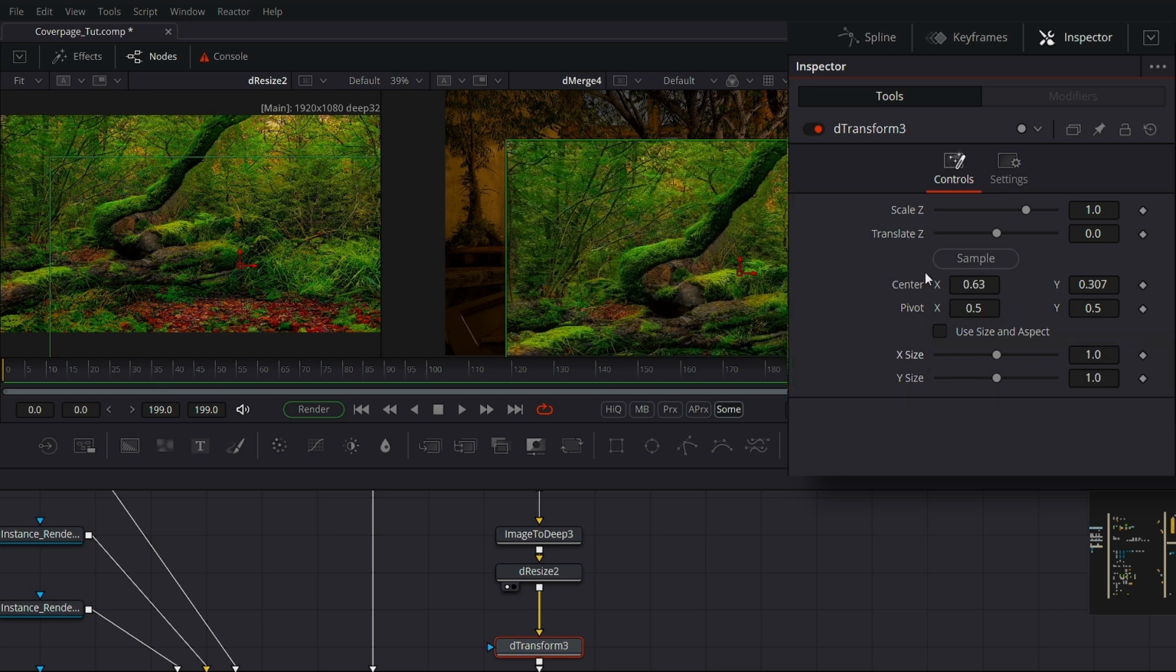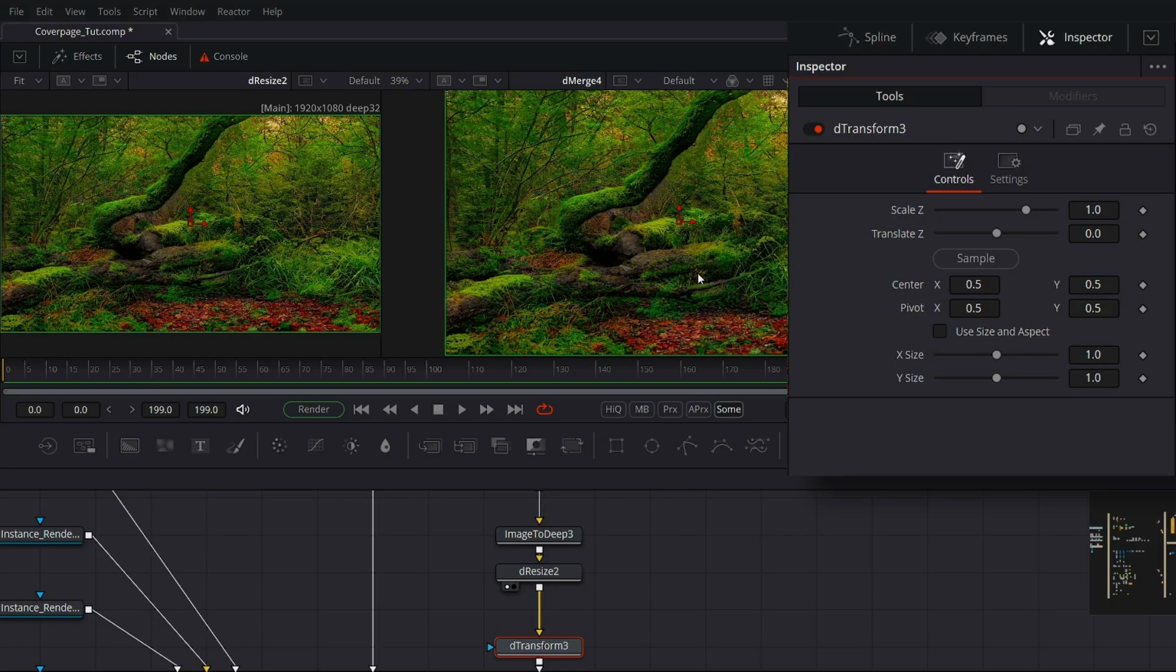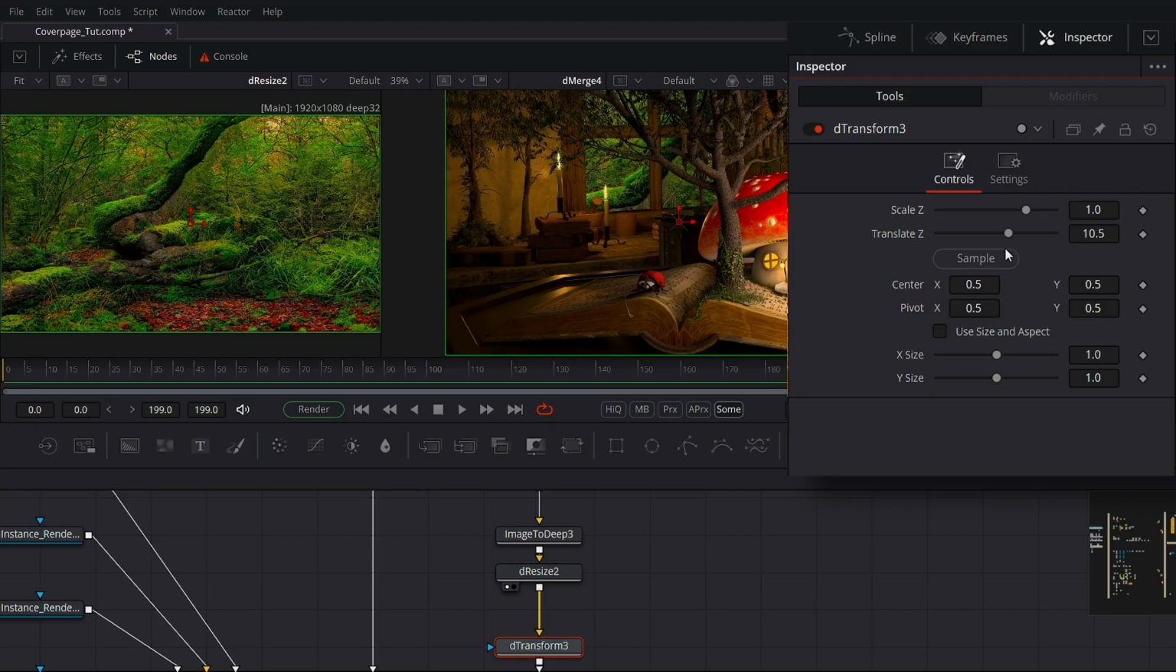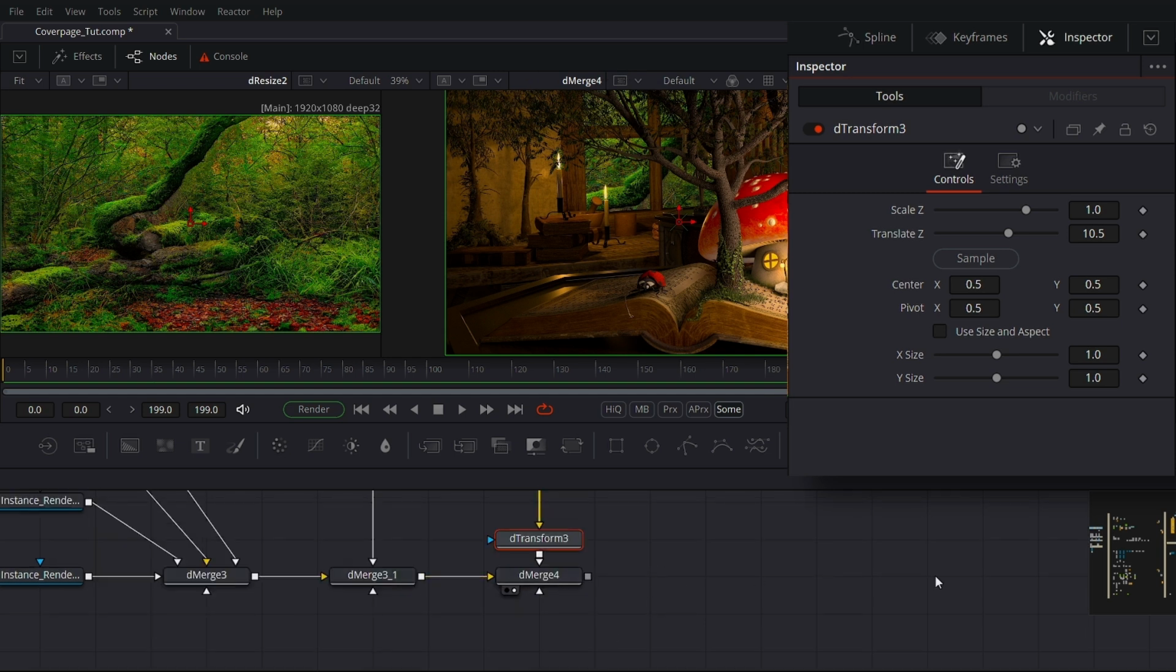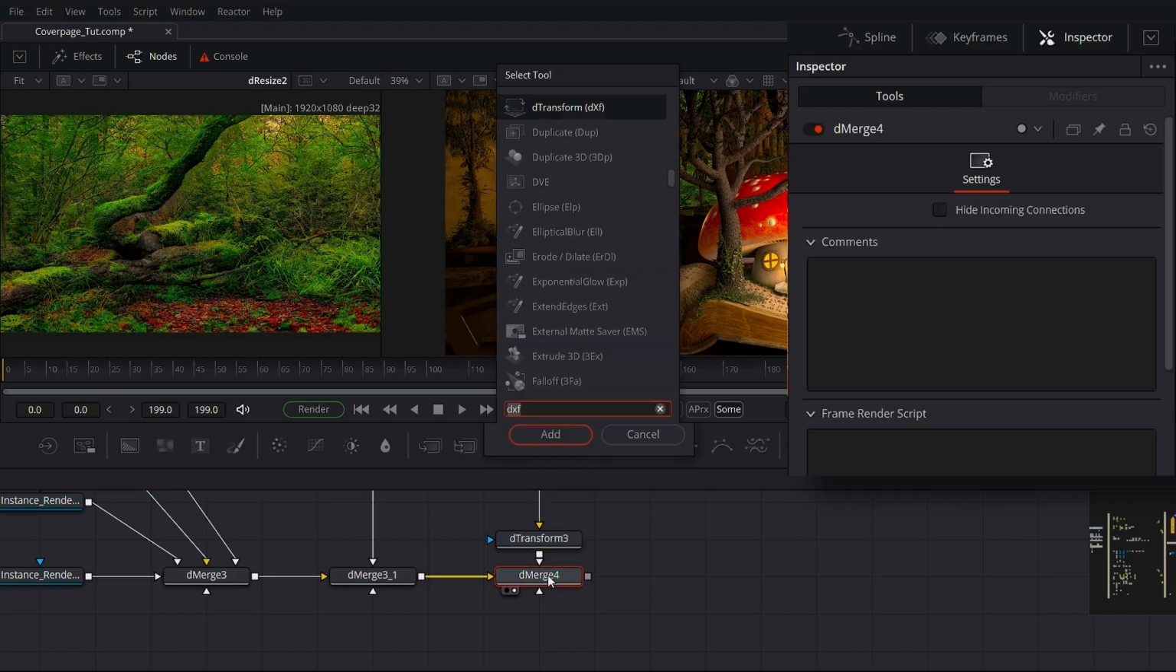But the way it differs from a normal 2D transform node is this scale Z and translate Z. Scale Z scales a deep image in the Z axis, and translate Z moves a deep image in the Z axis. So we have now moved this image behind the window, and if I add a DeepToPoints node after this,